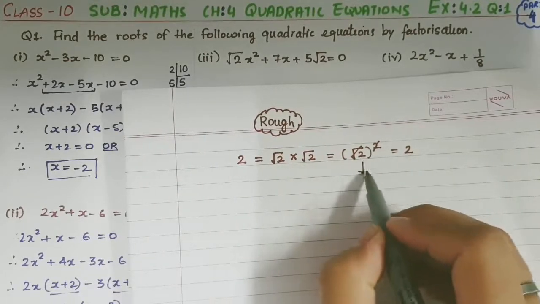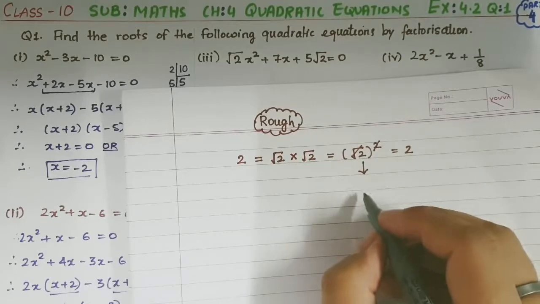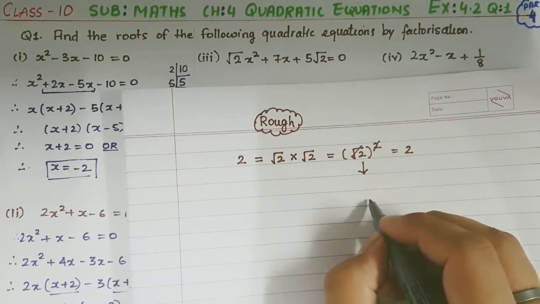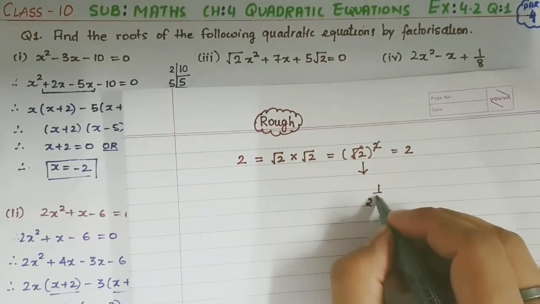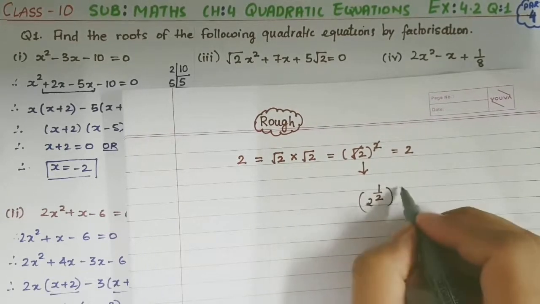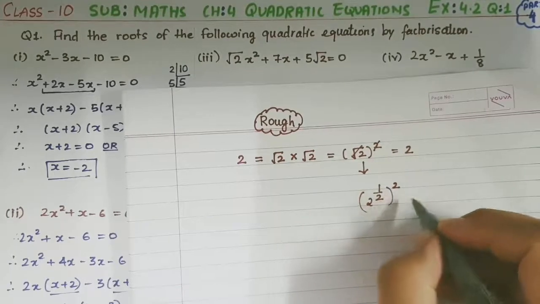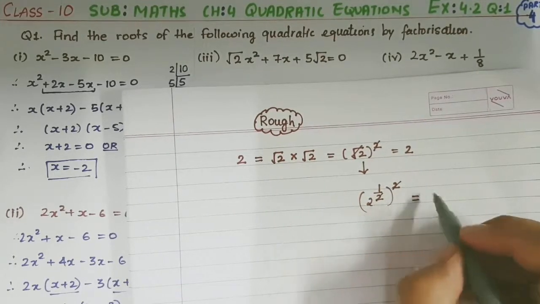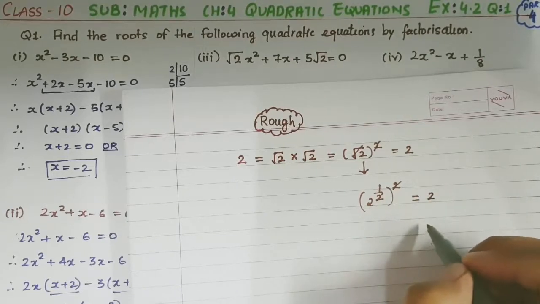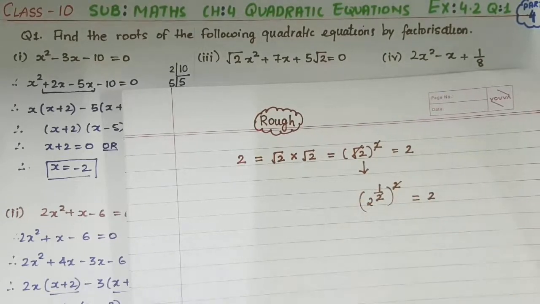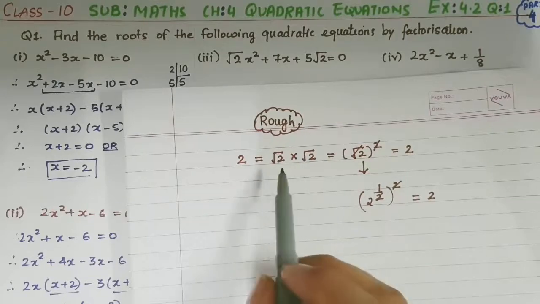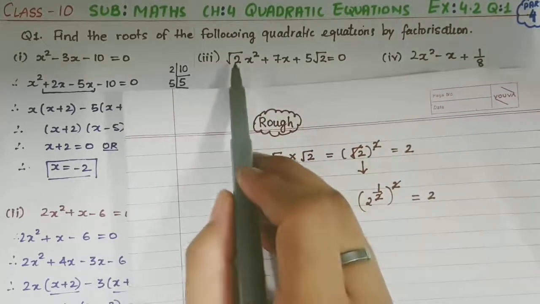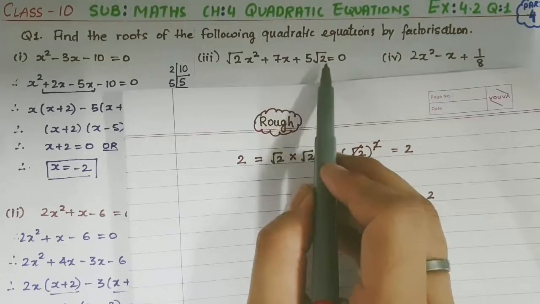Okay, so this is the rule that you need to keep in mind. Or if you want the other way, we know that root 2 is nothing but 2 to the power half. Okay, and then we have the power 2 over here, so this 2 and this 2 will get cancelled out, and again we will get 2. Okay, so this is the method. So I hope you have understood this. This is what we are going to apply in this sum. Now if you see, we have root 2 and 5 root 2.